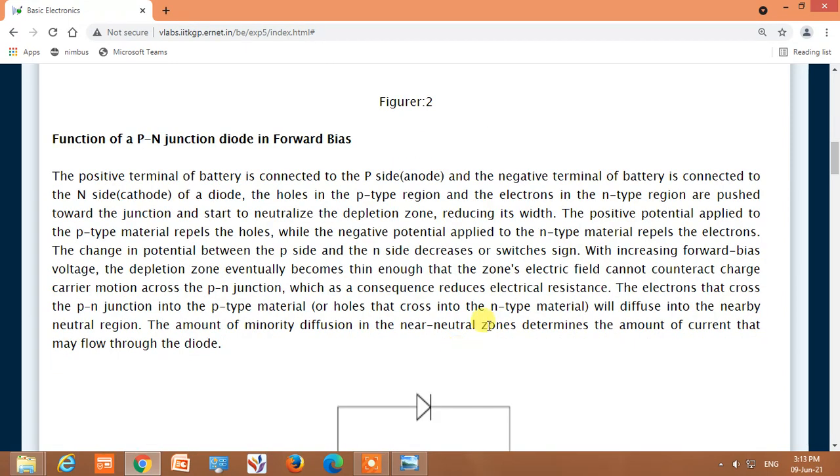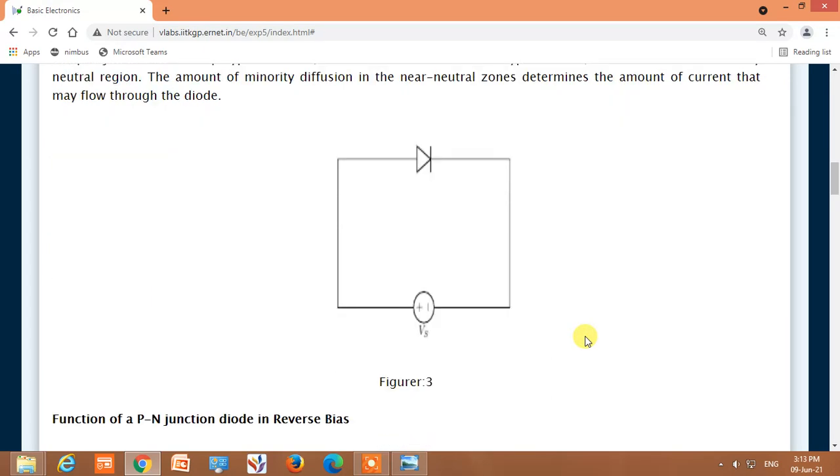After a barrier potential of 0.7 volt for silicon and 0.3 volts for germanium, the diode gets forward biased and the current will flow through the diode. So this is how forward biasing is done. The anode terminal is connected to the positive terminal of the battery, and the cathode is connected to the negative terminal of the battery.